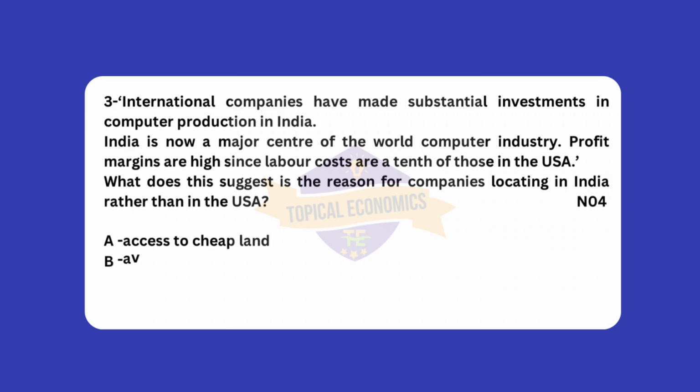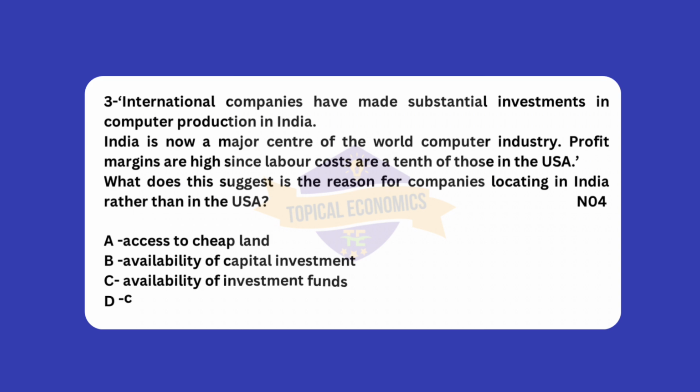Option A is access to cheap land. Option B is availability of capital investment. Option C, availability of investment funds. And option D is competitive wage rates. Now, this passage highlights that labor costs in India are significantly lower, making it an attractive location for companies looking to minimize expenses and maximize profits. Now, you look at option A,